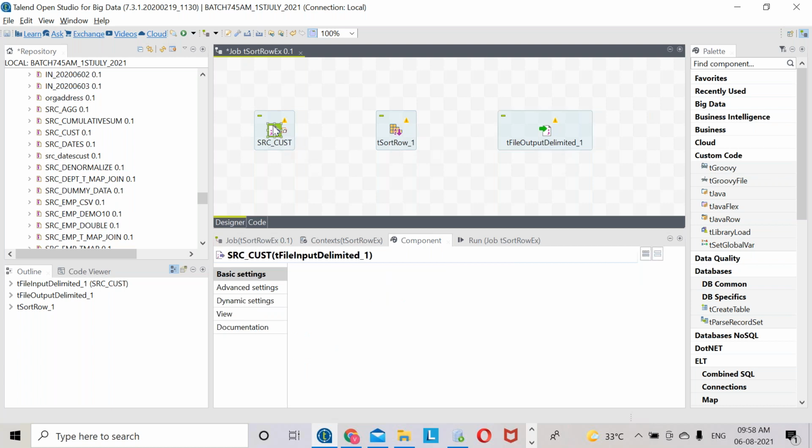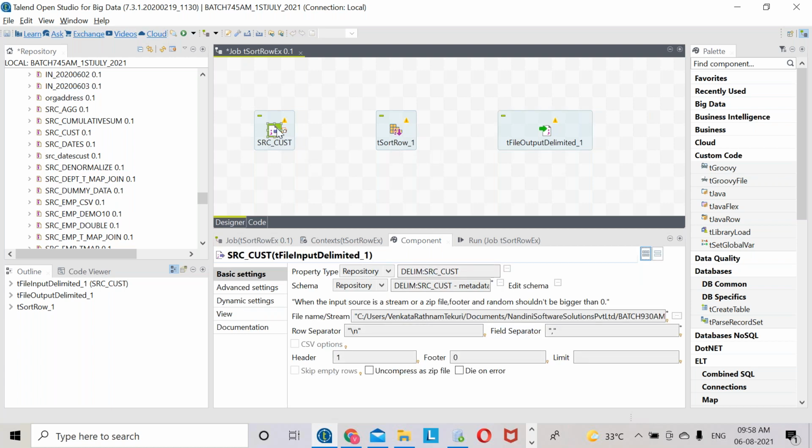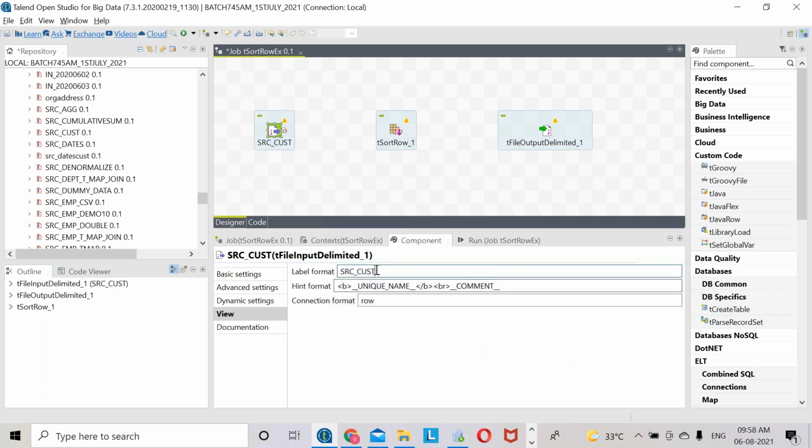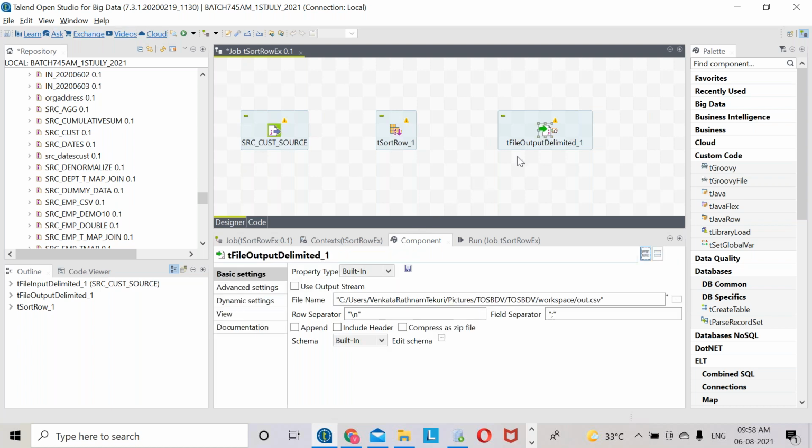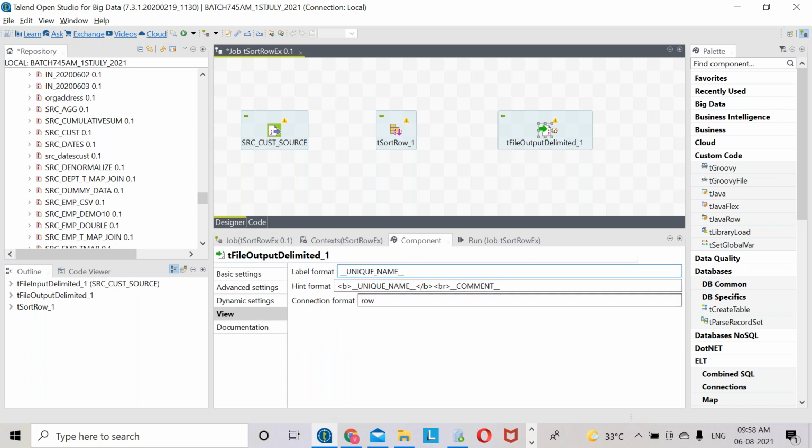So now I want to give the mapping links. I want to process this; this is the source. Let me rename it. So how to rename this one? Go to the view section, source, src customer underscore source, reading the data. So this is the target. Double click the target component. There is a view section. This is the target